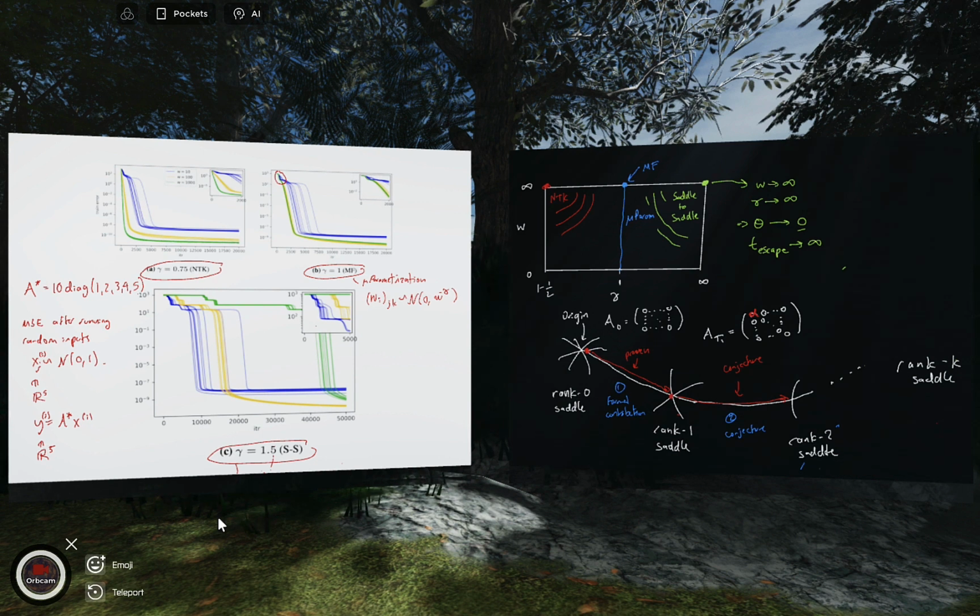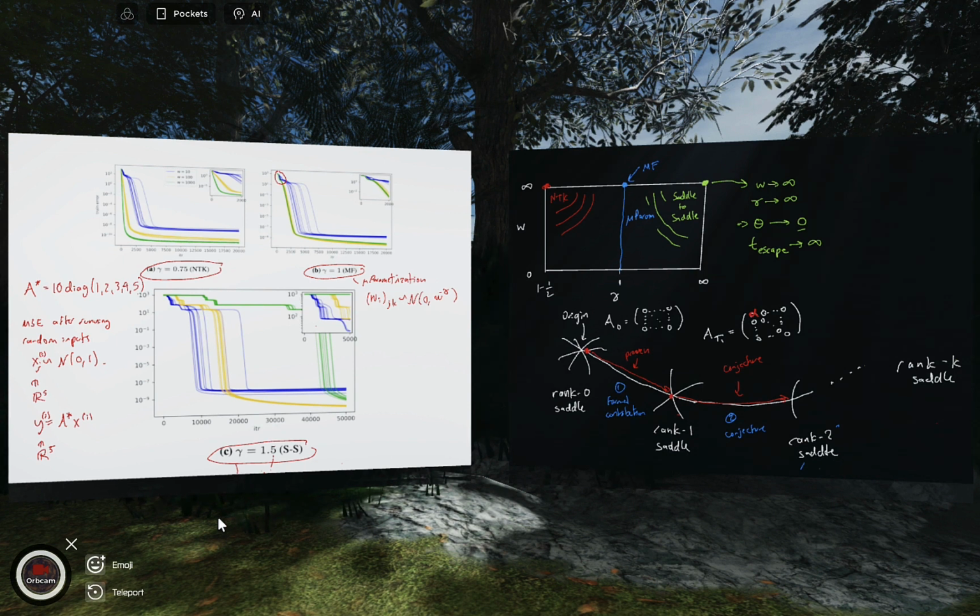There's a bit more to this escape. I'm not going to go into this in too much detail because I think the saddle conjecture is the bit that's most interesting to us. But you can show that the escape is close to optimal. There's some direction along the gradients along which the escape time will be optimal, as fast as possible. And they show that the escape is very close to that optimal time.